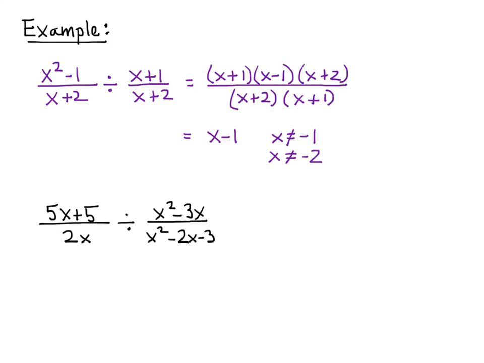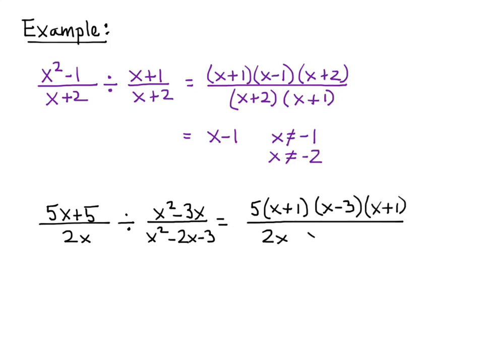So here we have a couple polynomials, and the first thing we should be thinking about is taking the reciprocal, and while we take the reciprocal, we can put in the factored versions of those polynomials. So what I want to write is I want to factor out the 5 from that 5x plus 5, then I'm going to factor that x squared minus 3 and get